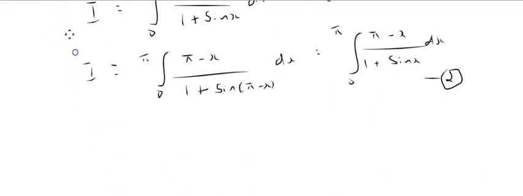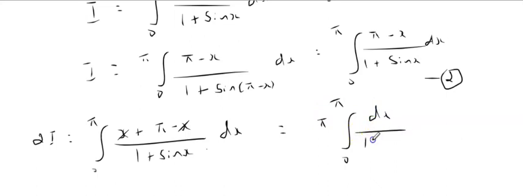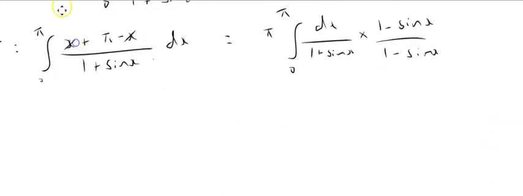Now adding both, I will get 2I is equal to the integration of 0 to pi. The denominator is the same, that is 1 plus sine x. So it is now going to be x plus pi minus x dx. The x and x get cancelled, so I can now take the pi outside, so it becomes the integral from 0 to pi of dx by 1 plus sine x. Now multiplying the numerator and denominator by 1 minus sine x, I will get 2I is equal to